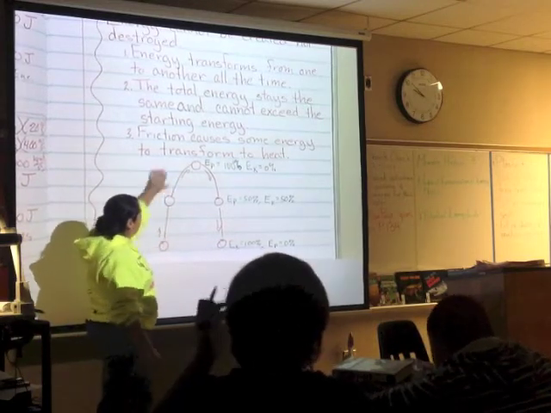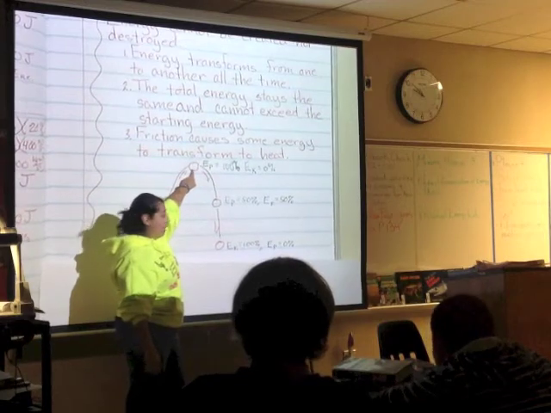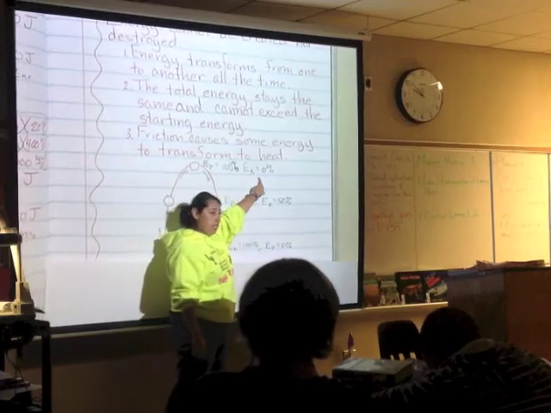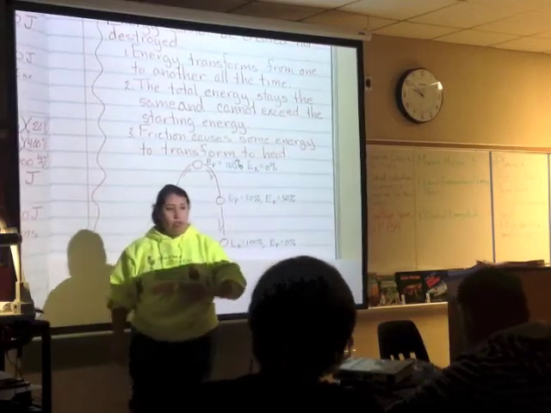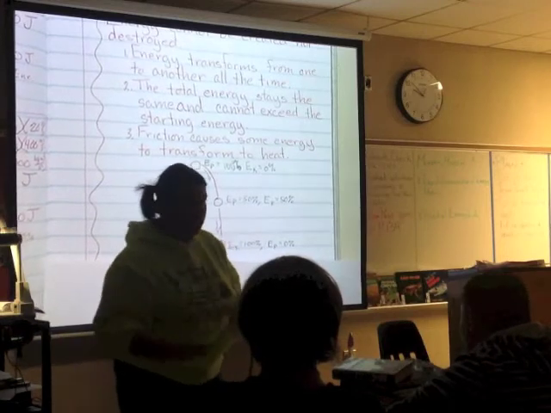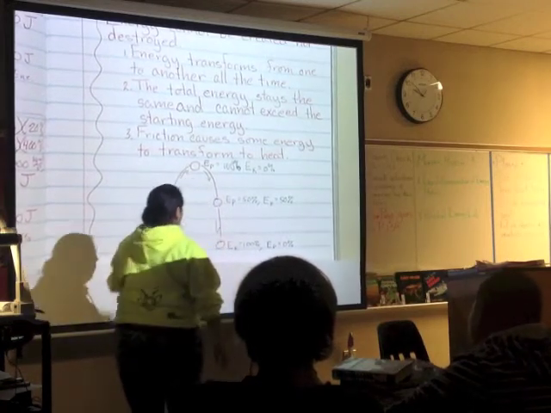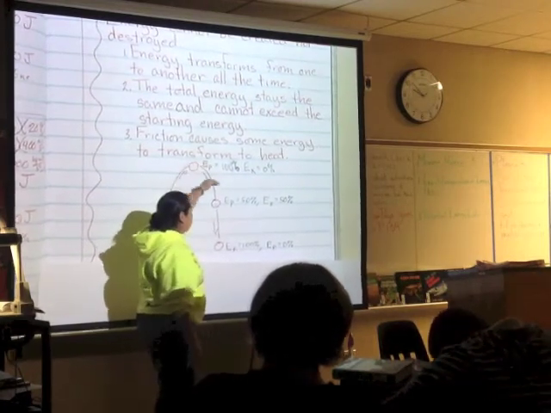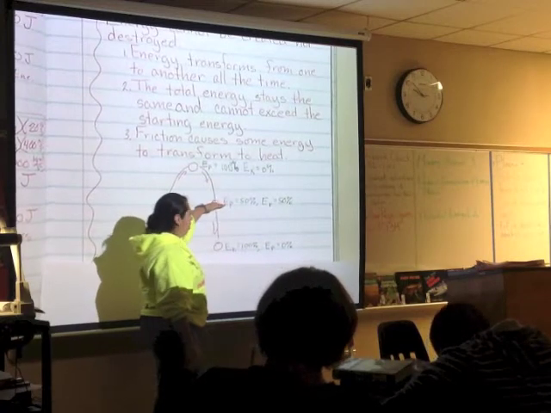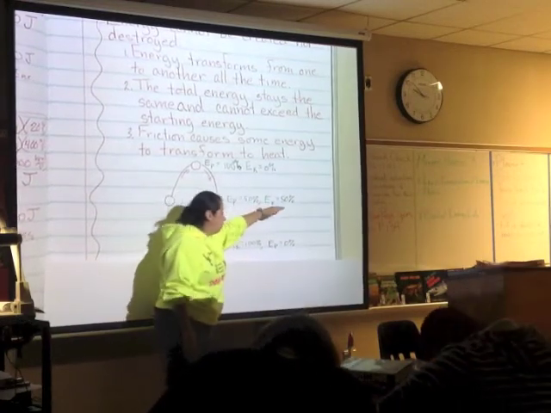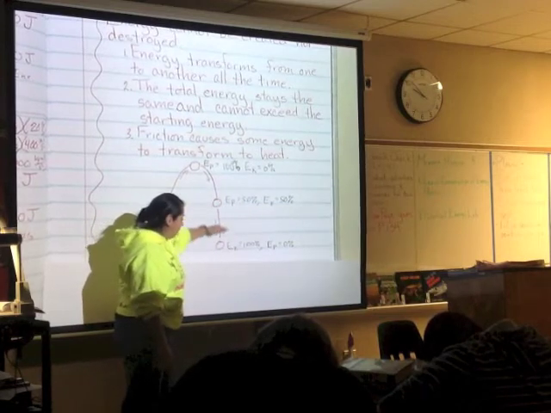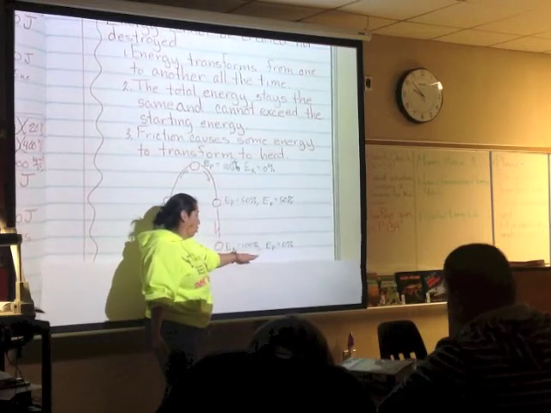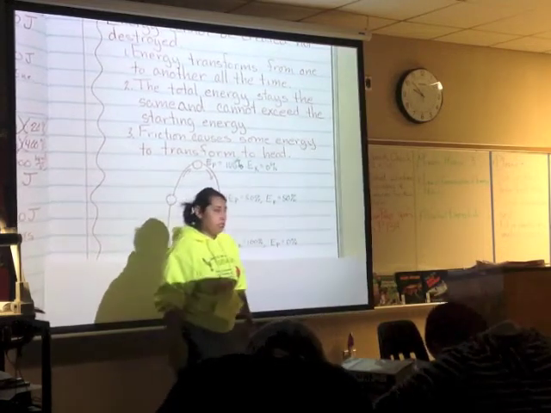When I throw that ball up, and it's up here, I consider this point to have 100% potential energy and 0% kinetic. Now, once again, ignoring friction, ignoring everything, the molecular kinetic energy and so on. So I'm saying this has 100% potential energy and 0% kinetic energy. As it comes down, once it gets halfway to the floor, it has 50% potential energy, 50% kinetic energy. As it comes down, right before it hits, it's basically going the fastest speed that it's going to go. So it has 100% kinetic, 0% potential.